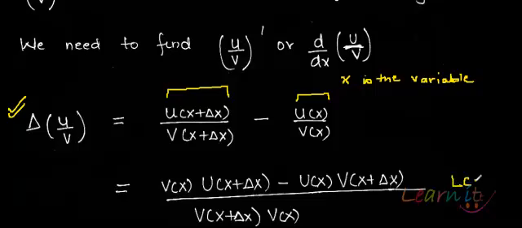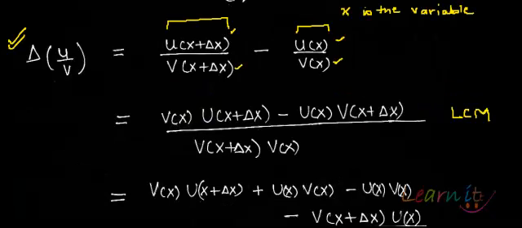We can easily take the LCM, the least common multiple, and then figure out this difference. So the task is to make the denominator common. We take the product, and to make the denominator common, I will have to multiply this term with this and this term with this in the numerator, so that when I segregate the fraction into two parts, I get the original. So v(x) into u(x plus delta x) minus u(x) into v(x plus delta x), and whole upon v(x plus delta x) into